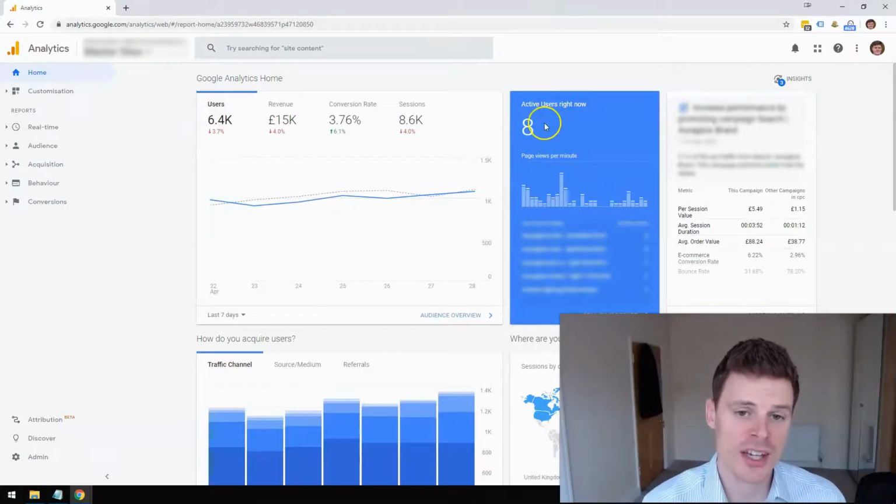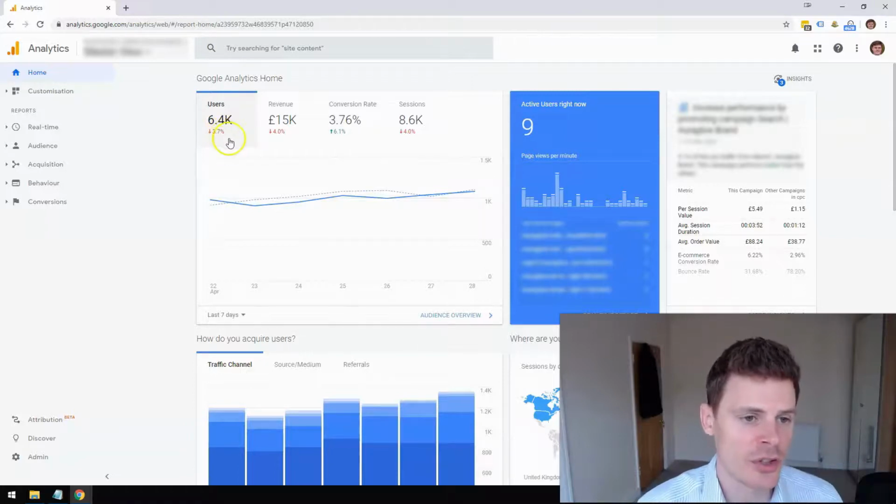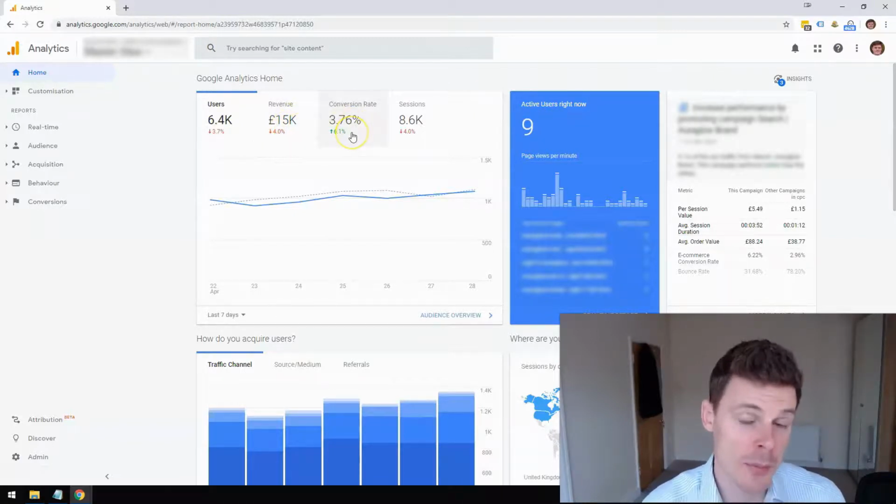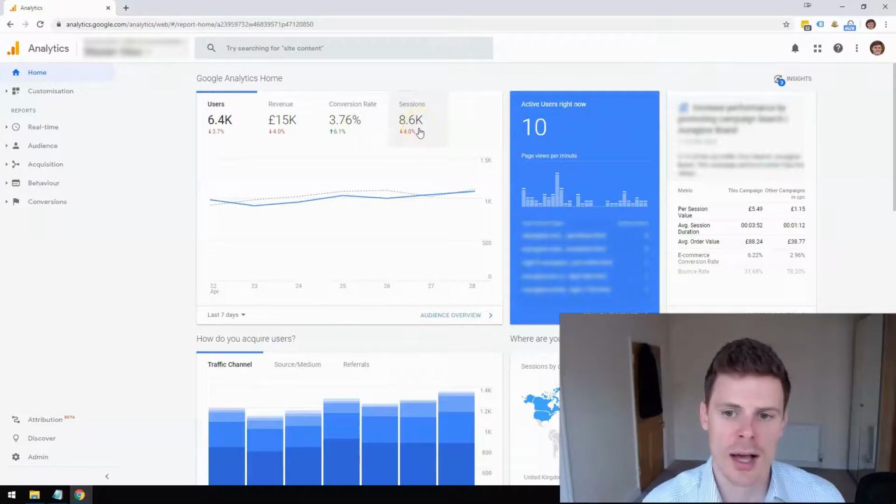So you'll be able to see in real time how many users are on your website right now. And for a specific date range, you can see the number of users. Once you have revenue tracking installed, you'll be able to see how much revenue you've generated, the conversion rate, so how many people have carried out one of those actions that you're tracking as a goal. You can see the conversion rate, so in this case it's 3.7%, and you can see the number of sessions,